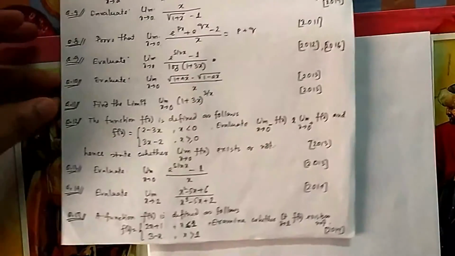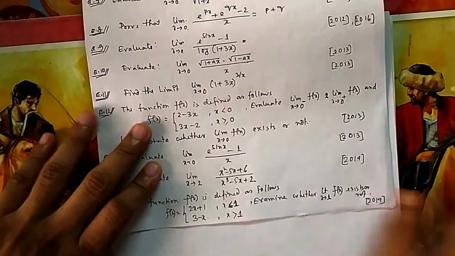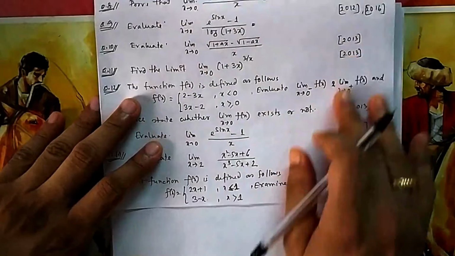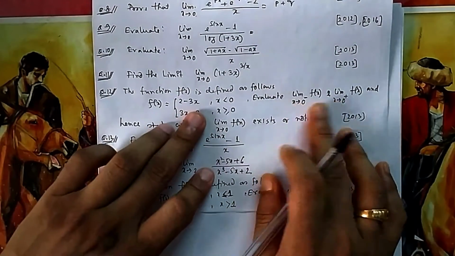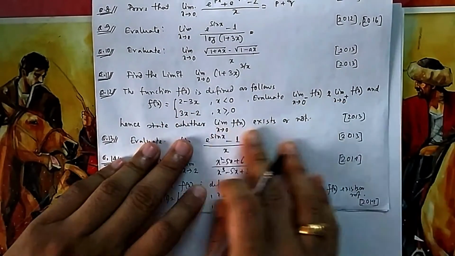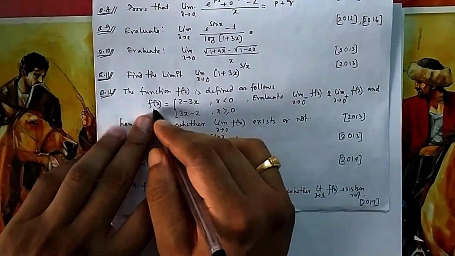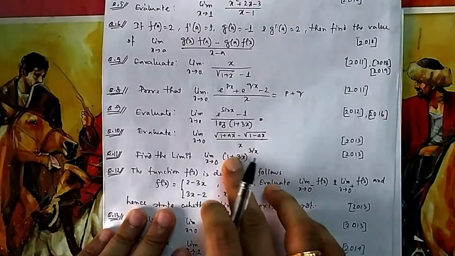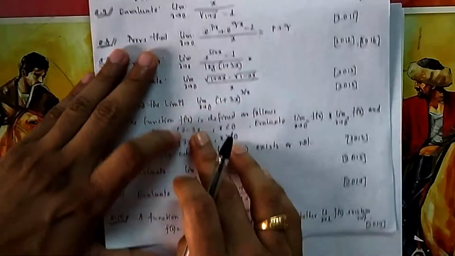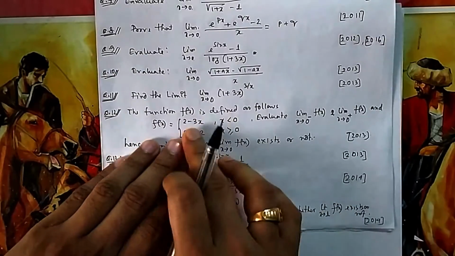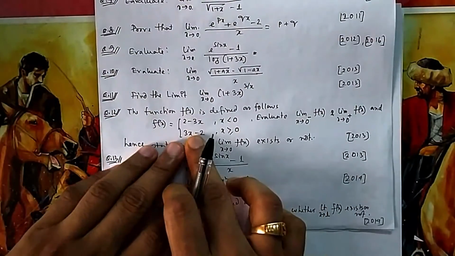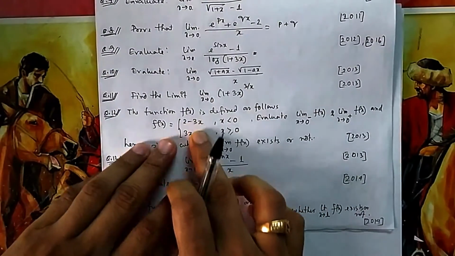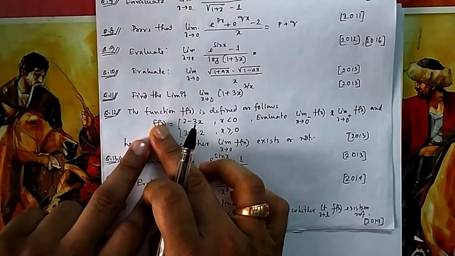Now if you come to 12, the function is defined by this. f(x) equal to this. You have to find the limit at 0 minus and 0 plus. State whether the limit exists. So for 0 minus, which branch? Because this function is known as a piecewise defined function. This is not a simple function. This function has been broken into pieces. For less than 0, it will take this part. For greater than 0, it will take this part. So this type of function we always define as a piecewise defined function.